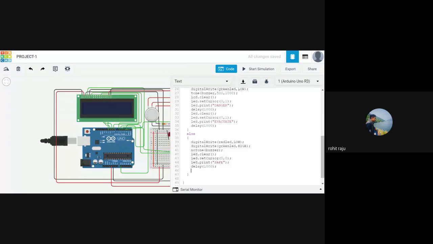Yeah, LCD dot clear. You can actually copy and paste it instead of typing it. That would be a problem. And LCD dot setCursor 0, comma 1. Now I want to go to 0th column and first row. So I'm going to give 0, comma 1 here. Very well. And again I want to clear the whole thing, I want to print like safe and good morning, or let's all